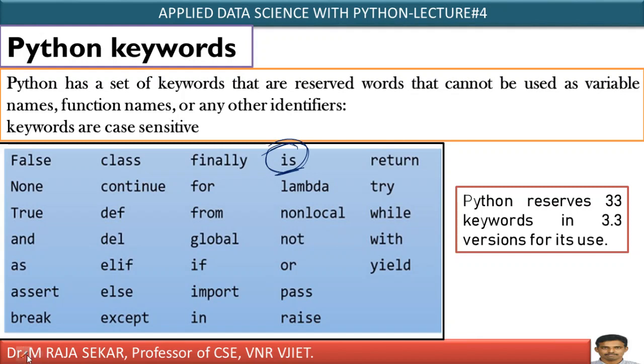If you look at these keywords, how many keywords are you getting here? Just count: 1, 2, 3, 4, 5, 6, 7. How many columns? 1, 2, 3, 4. 7 fours are 28 plus 5, 33. Totally you have 33 keywords here. Is it 33? Yes, it is. There are 33 keywords in version 3.3. In version 3.3, you have 33 keywords. The number of keywords always depends on the version. Anyway, I will discuss in the next slide.